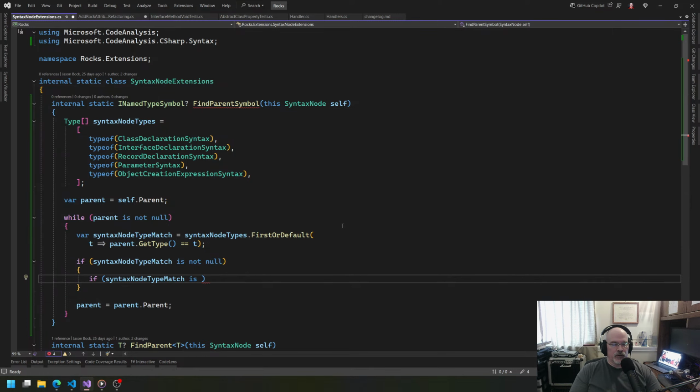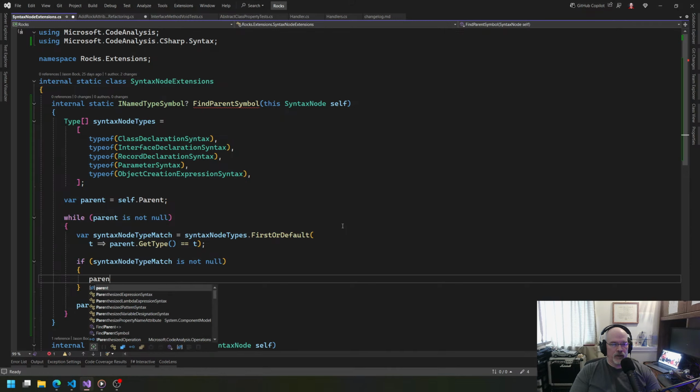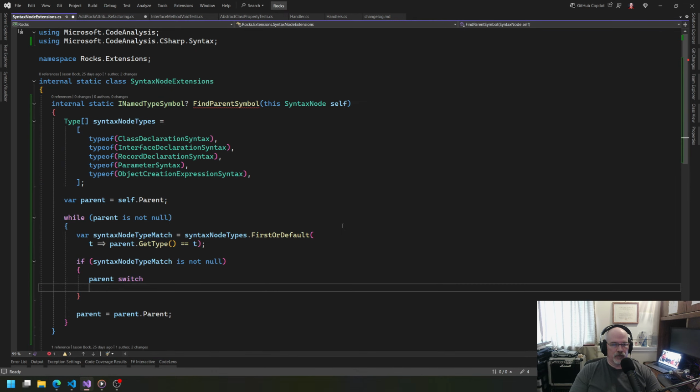So if typeof... yes, we know that we have a match now, but now we have to determine which one we really want. So if we say parent switch,